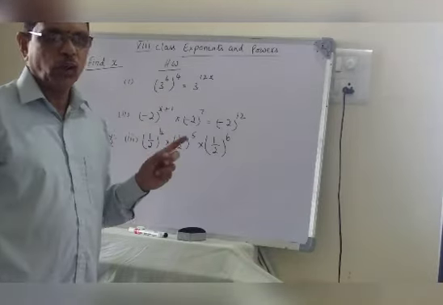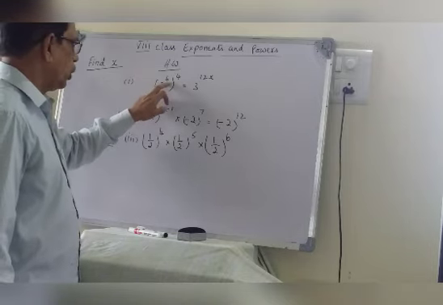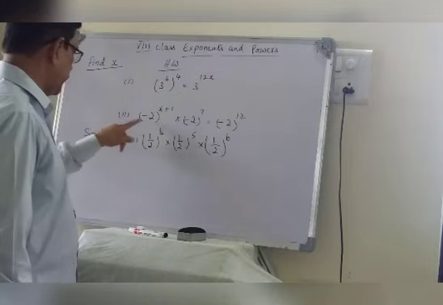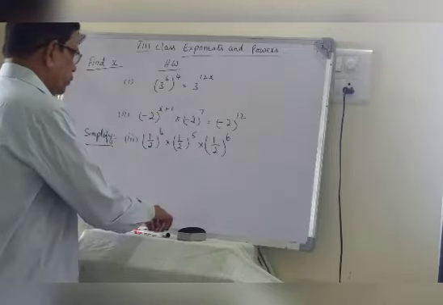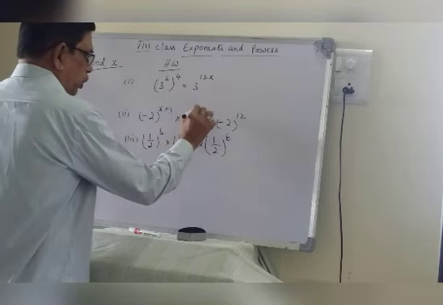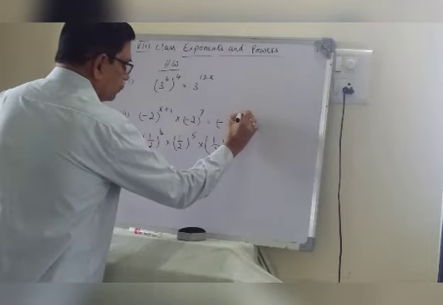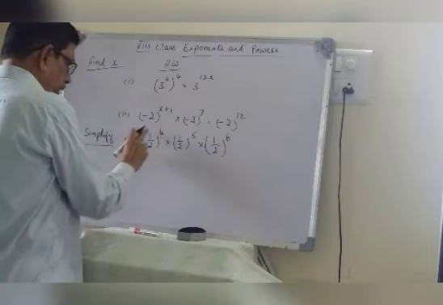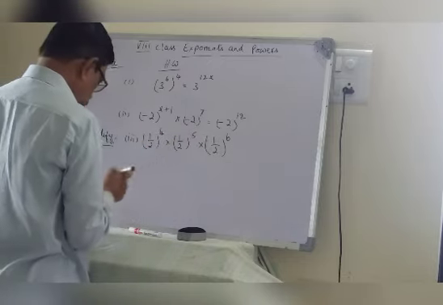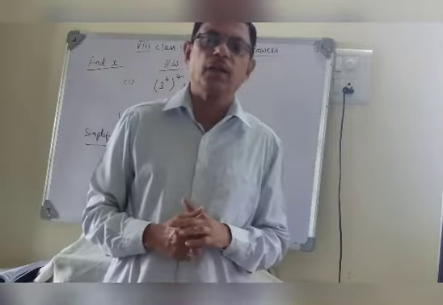Now all of you take your homework. Find the value of x. First one is 3 to the power of 6 whole to the power of 4 is equal to 3 to the power of 12x. Second is minus 2 to the power of x plus 1 into minus 2 to the power of 7 is equal to minus 2 to the power of 12. Third one, simplify: 1 by 2 to the power of 4 into 1 by 2 to the power of 5 into 1 by 2 to the power of 6. So you try to do these three problems as homework.